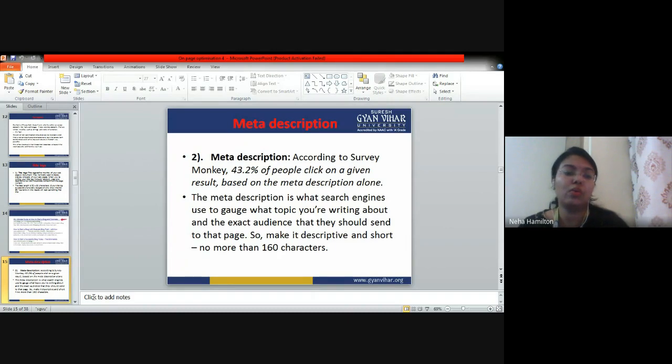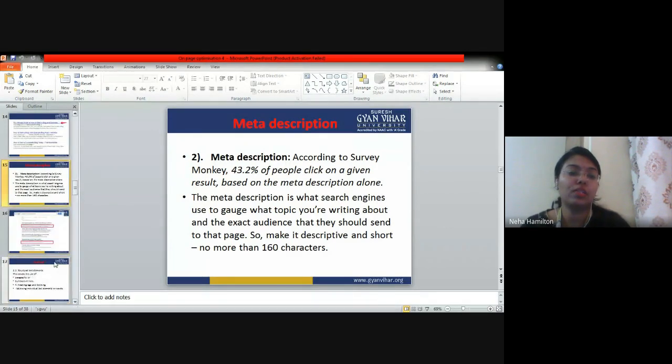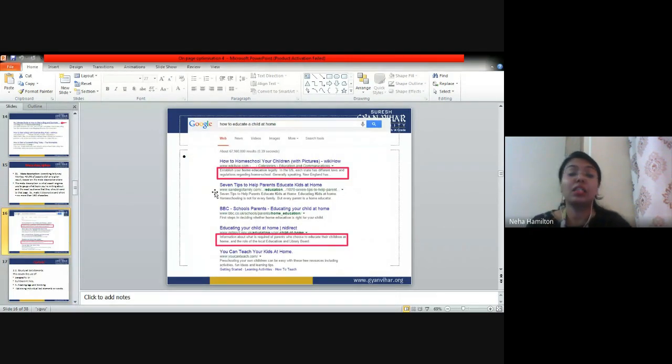Okay, now let's go to the next page. Yes, these are the examples of meta description which are written. You can easily read these meta descriptions and you can decide on which one to click and open. If you like the title tag and if you like the meta description, then only you are going to click it, right?